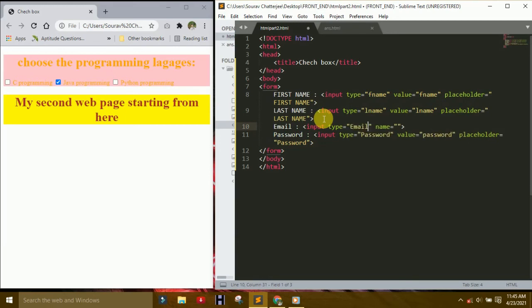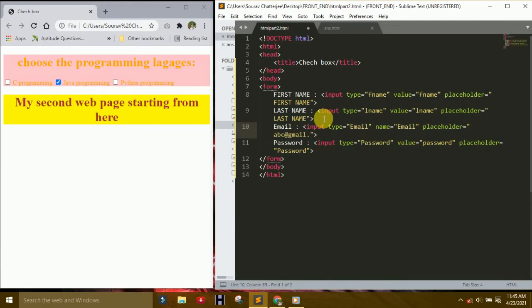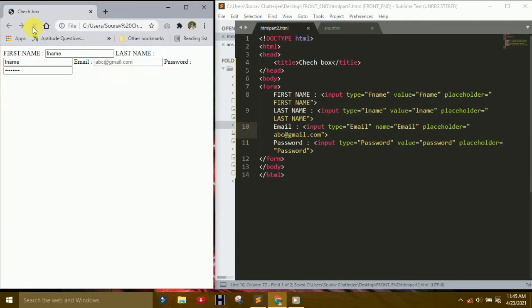Email. When you type E, then always it will come. Then placeholder, a normal example, abc@gmail.com. Save it and run it. Now you saw, sorry, use break.